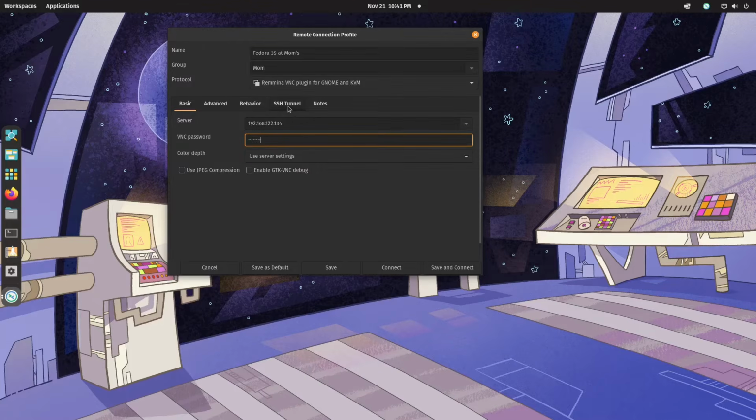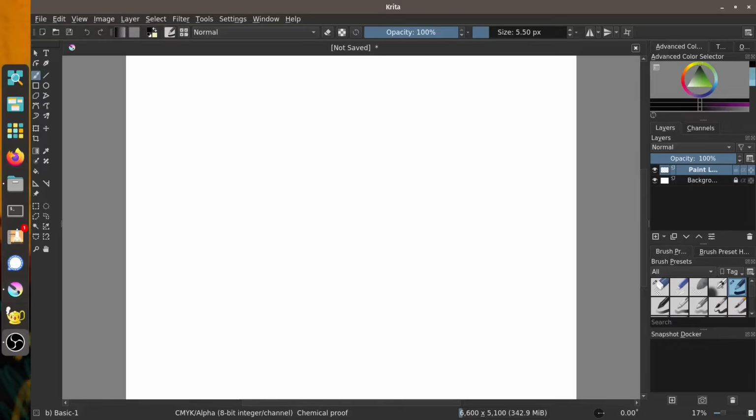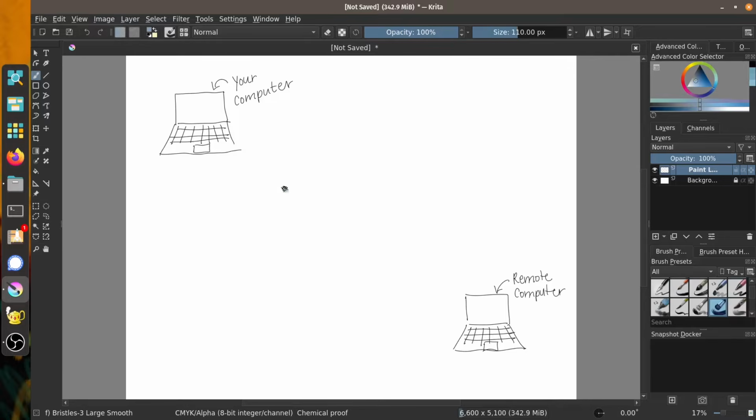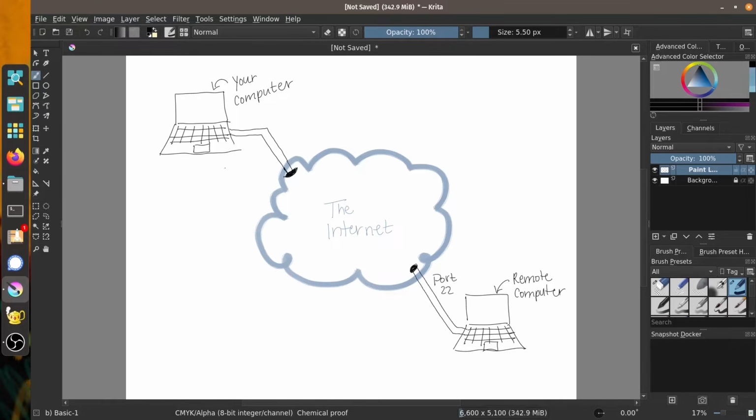Before we connect, I want to touch base about the SSH tunnel option here. It is amazing. You can use this feature to connect to a remote machine on another network by tunneling your connection to an SSH connection at the other network. This can be done with just a little bit of elbow grease on the other end in the form of port forwarding.